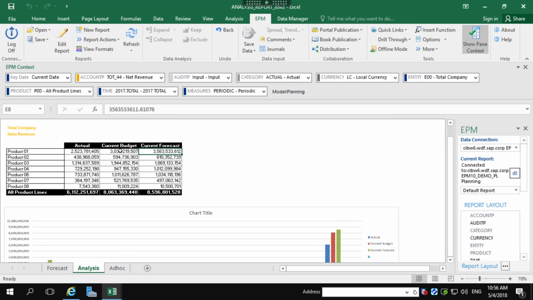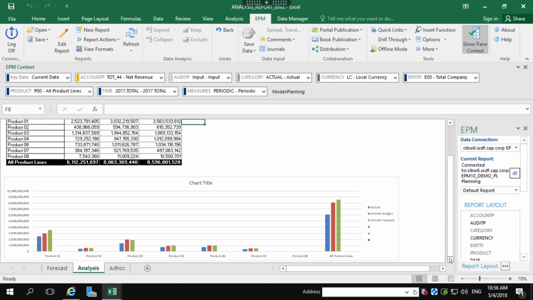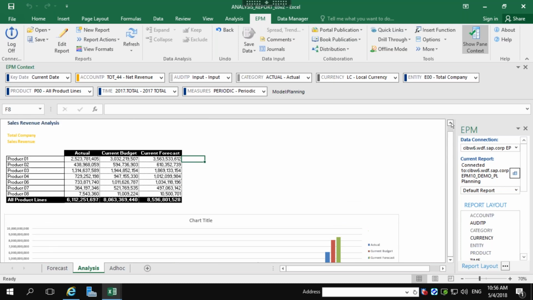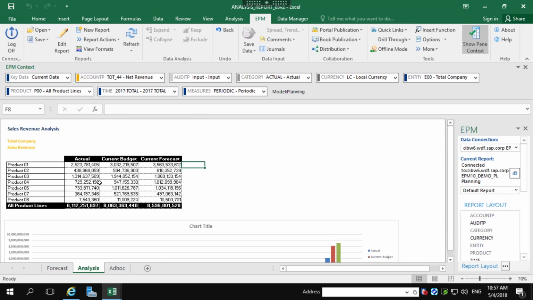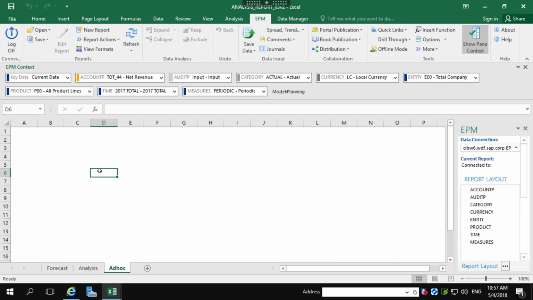I could come in here and add some percentages if I want, variances, variance to budget, variance to forecast. I can start applying some of those. But yeah, my chart changes. So again, being able to use existing reports, and there are some templates out there for you, you can make those changes. What I really like about the ad hoc reporting, it's probably one of my most favorite things about BPC, is